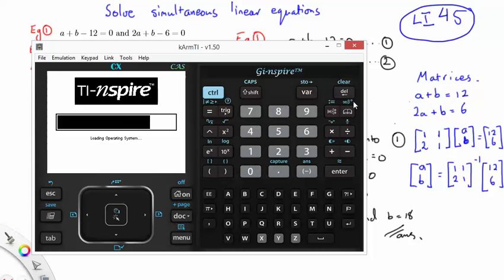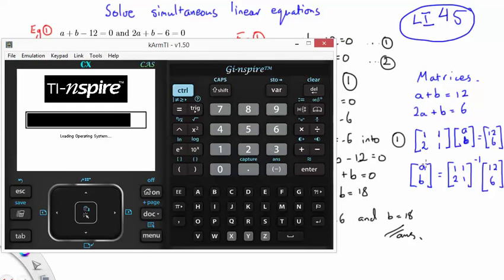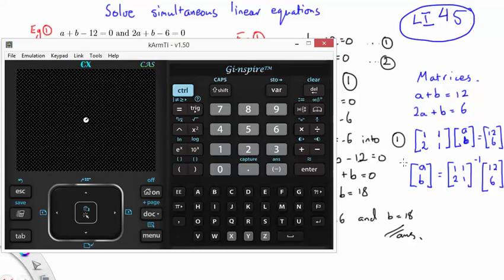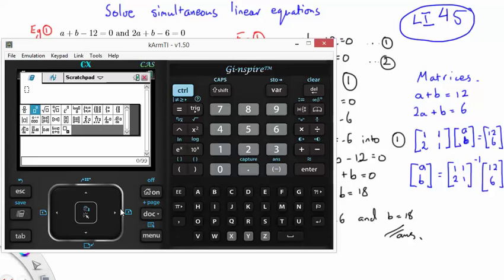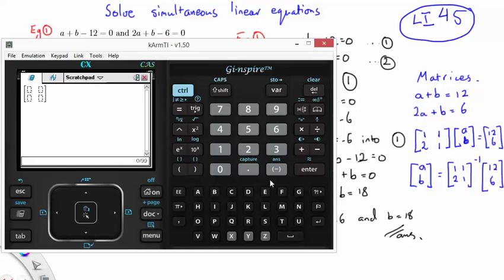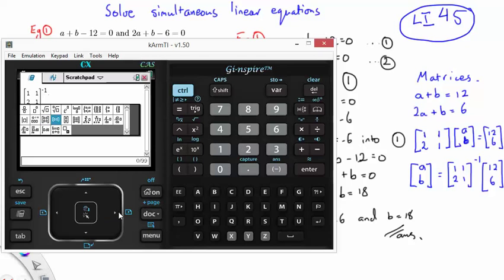So if I'm right, this should give a column matrix with 6 and 18. So let's check it out. Calculate. Now we need to get some matrices here, so let's pop over to this 2 by 2 matrix, fill it out. We've got 1, 1, 2, 1, and that's to the power of -1 because it's an inverse, and that's times column matrix or column vector